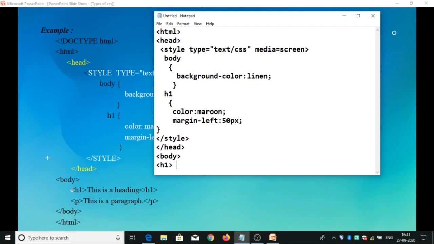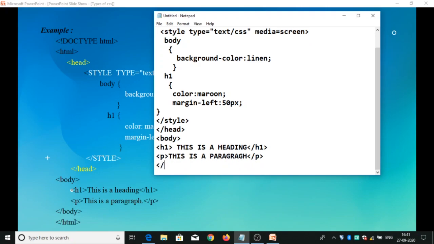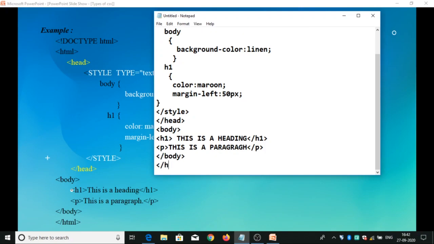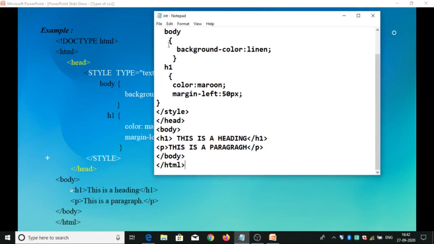H1, this is a heading. This is our program. Save it as .html.